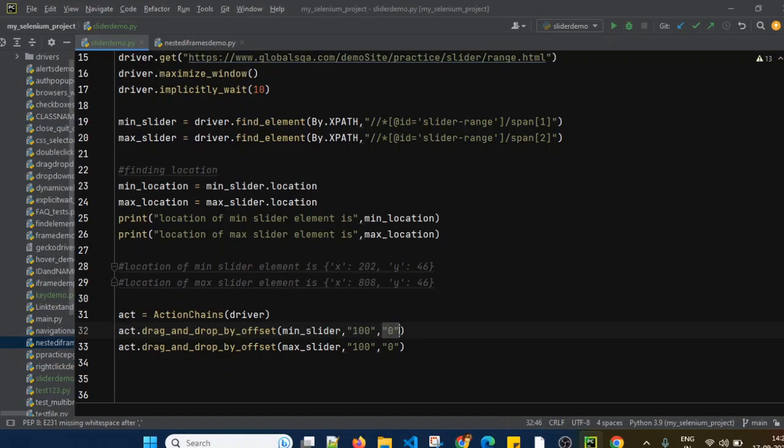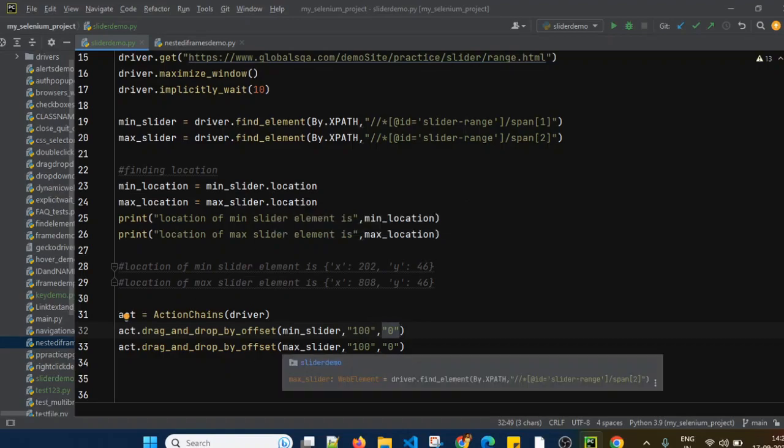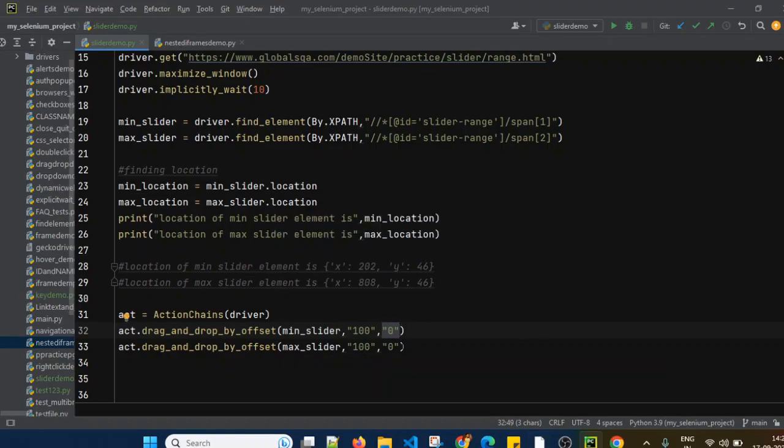The y coordinate we are not going to move because the slider only moves horizontally. For the maximum slider we can move in both directions. If you give a positive value it will move right, but this time I will provide a negative value, so it will move left by that many pixels.